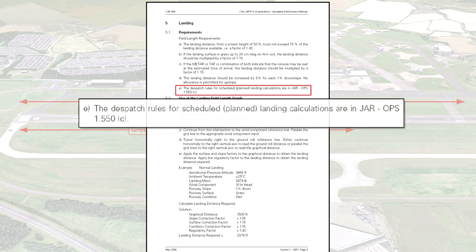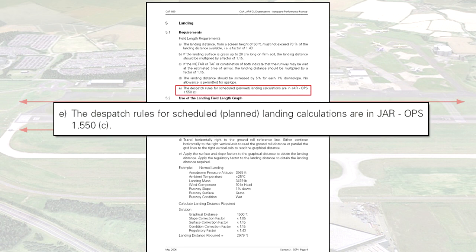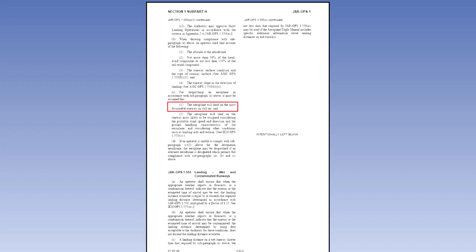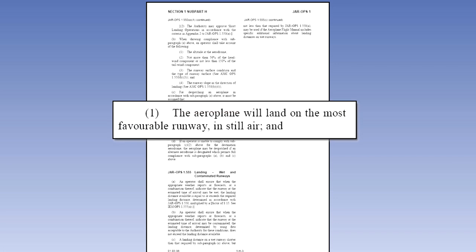Lastly, point E states that there must be compliance with the dispatch rules for scheduled or planned landing calculations, and that these can be found in JAR OPS 1.550, paragraph C. The dispatch rules found in JAR OPS 1.550, paragraph C, state that for dispatching an aeroplane, it must be assumed